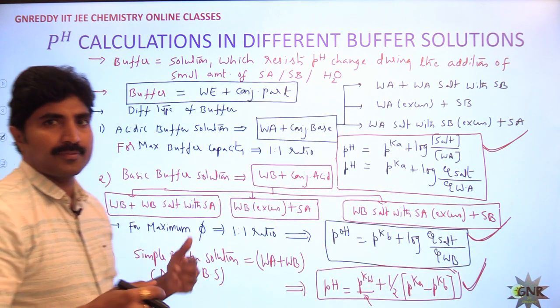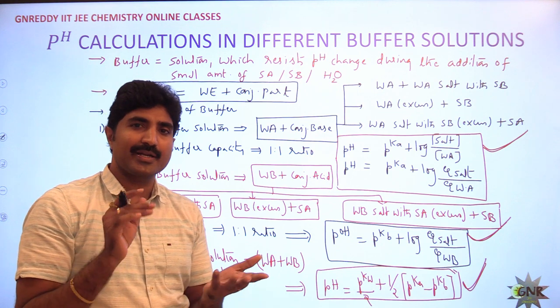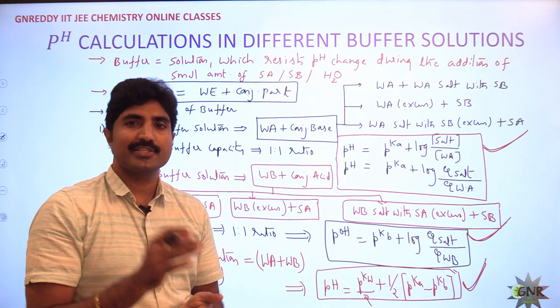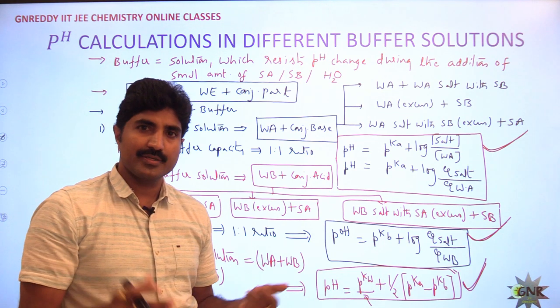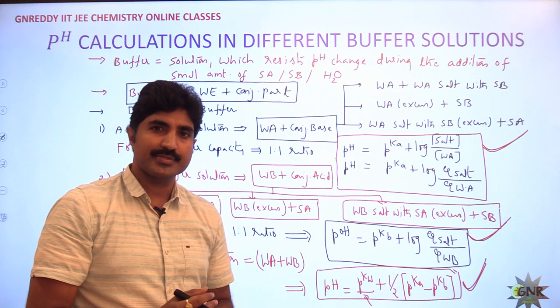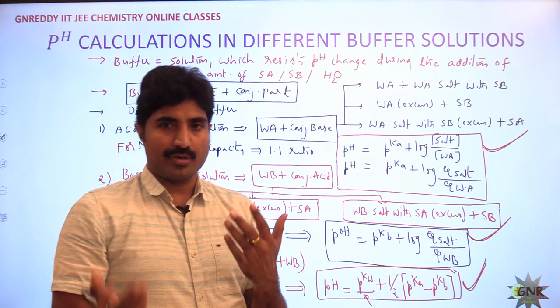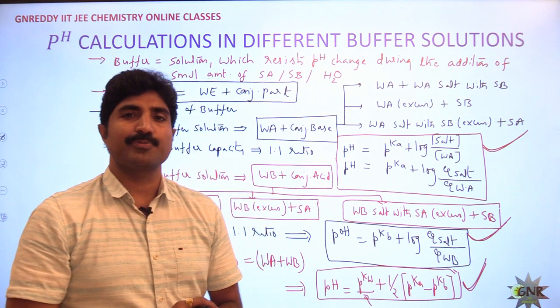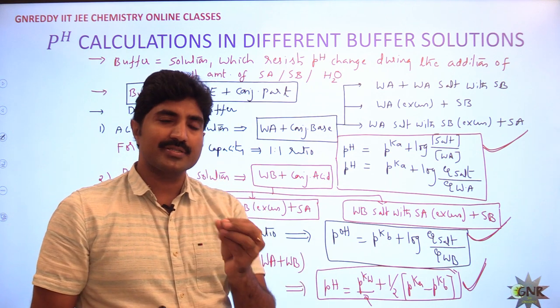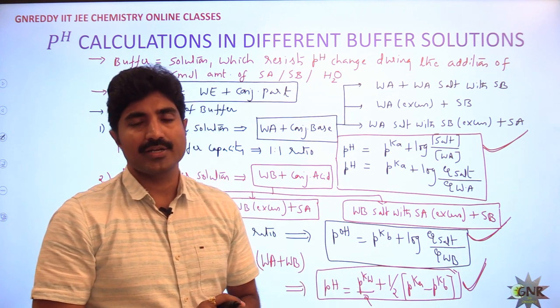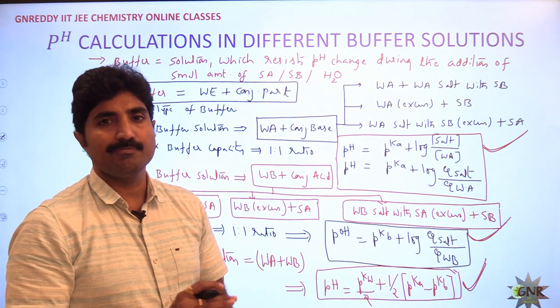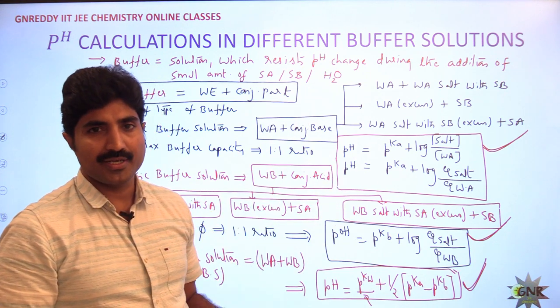So if you look at the previous data, I explained different acid, strong acid, weak acid pH calculations, and then strong base, weak base pH calculations, and different salts. You know, salts will be formed only at the equivalence point during the titration. I gave 6 salts and corresponding pH calculation, and 3 types of buffers and corresponding pH calculation.